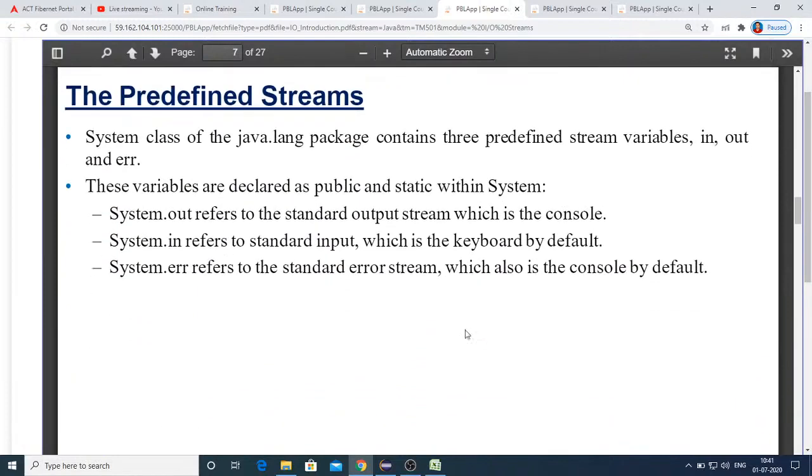And these are the 3 predefined streams. Of course we may not be using system.err, that is error, generally, because we are used to only system.out for writing to the console and system.in for reading from the keyboard. These are the mostly used streams, but system.err we generally don't use. But the point to be noted is, in real-time application development, you will be using system.err, because so far,